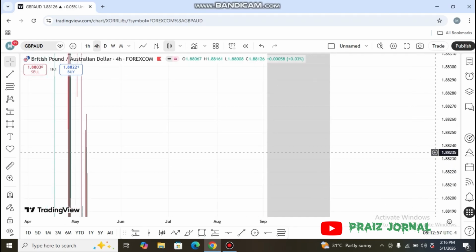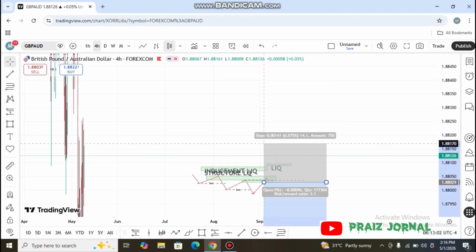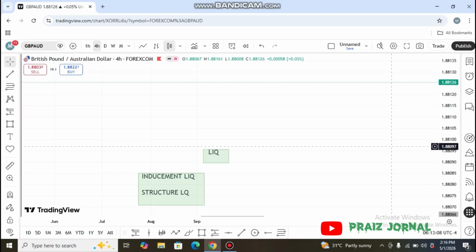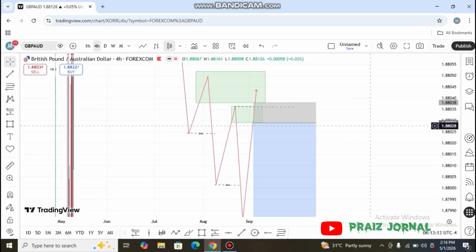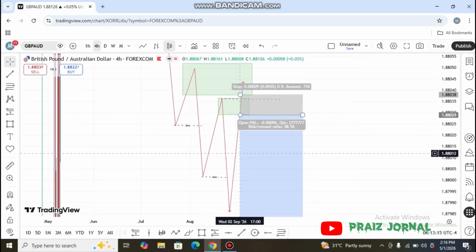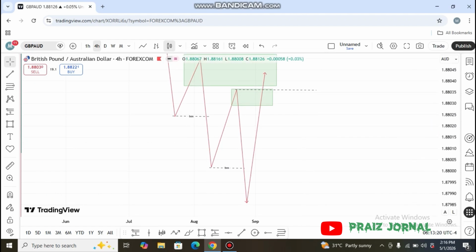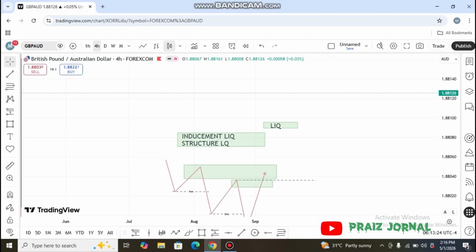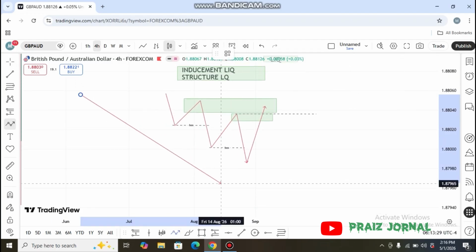Let me bring this down. So let's say they sold around here, right? And what happened? The market hit their stop loss. So this is what they will do. They will say, okay, the market was bearish before, but the market now has